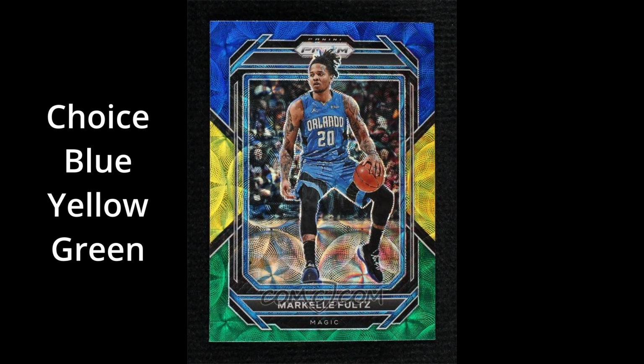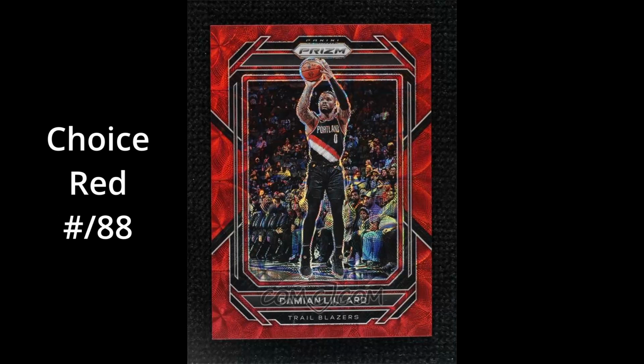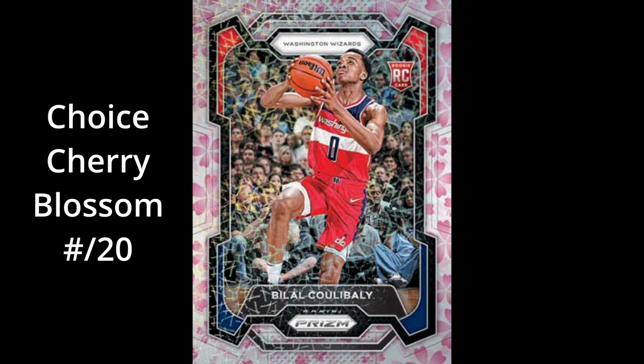So this is the choice blue, yellow, green. So this is one of the unnumbered parallels. This is the choice tiger stripe. Now this one may be unnumbered, but it is a super short print. I don't know the print run, but estimates online put it at maybe like 20 to 35 of them per card. This is the choice red, numbered out of 88, choice blue, numbered out of 49, choice cherry blossom, numbered